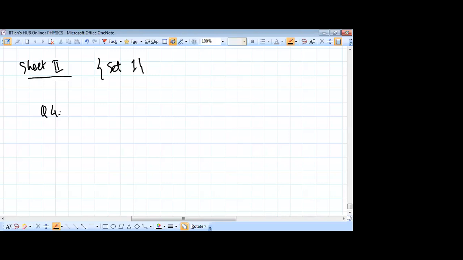A wave travels on a light string. The equation of the wave is given by this. It is reflected from a heavy string tied at one end at x equal to 0. So you are given one equation like this: y equals E sine(kx minus omega t plus 30 degrees). This is reflected